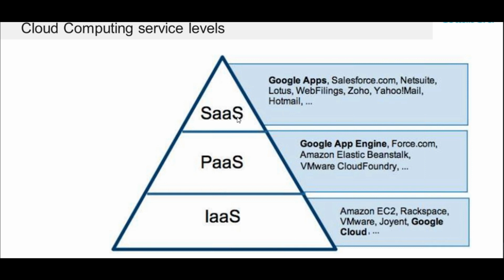As the name suggests, software as a service means the software already exists on the cloud platform. The cloud platform is giving us the software which is already in a running state. We are just accessing the features of the software. Okay. How do we access those features? By creating a subscription.